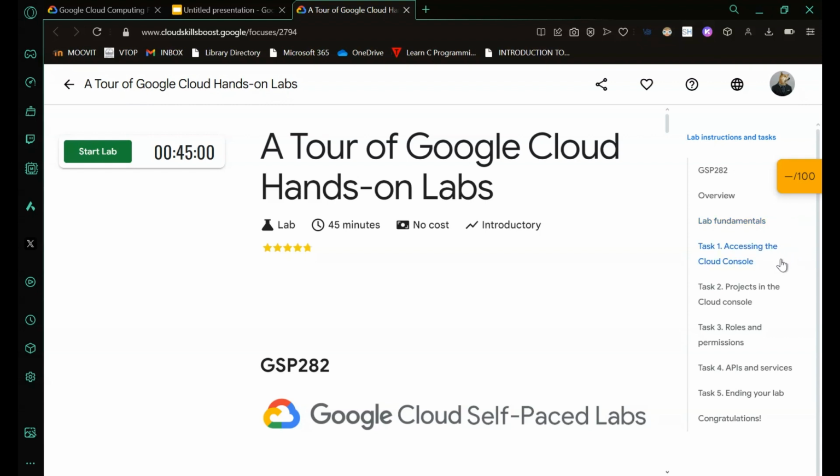We'll be learning how to access the Cloud Console, how to view the projects in the Cloud Console, various roles and permissions, and how to enable APIs and other services. That will give you a basic hands-on experience of Google Cloud. Okay, so once you start the lab, I'm going to start the lab.